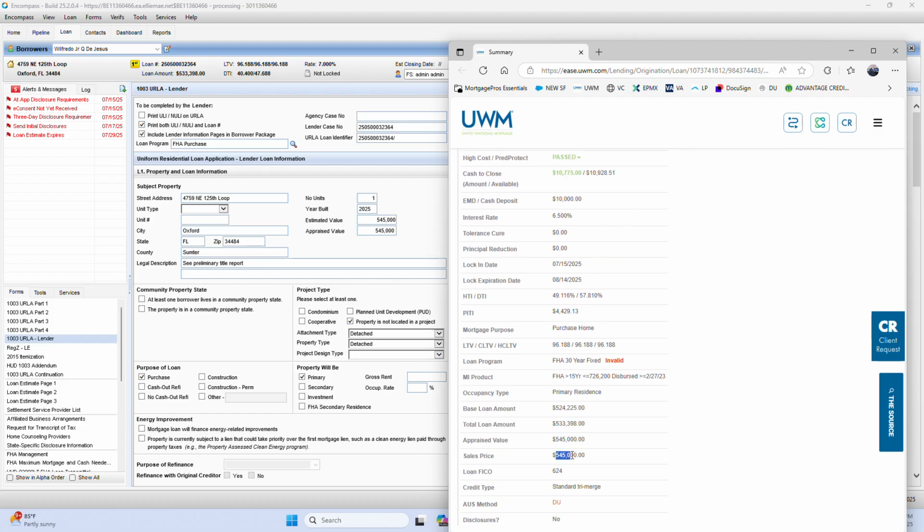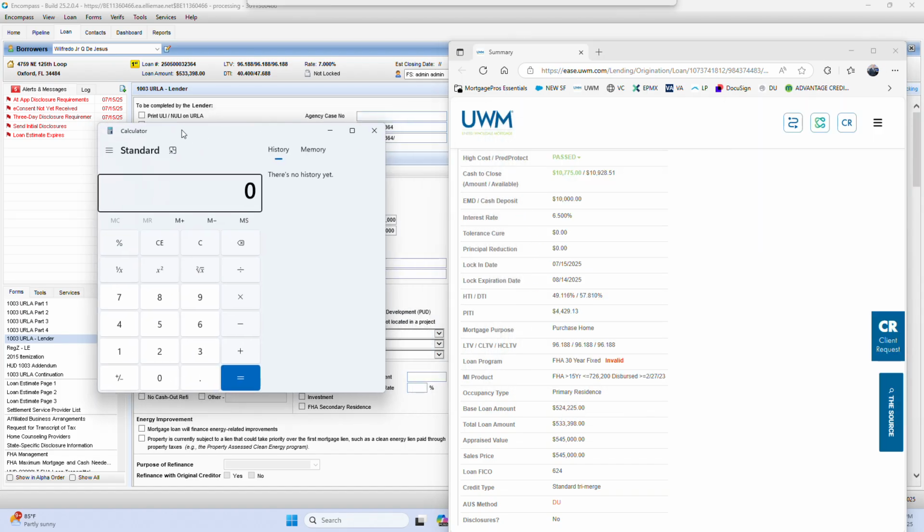Let's see, it is, okay, and then loan amount. Obviously, we're going off base, we changed base, but it's going to be easy for us to see here. This is total, that matches total up here, so we're not going to have to make any changes. However, if this was a VC or an EPM file and it wasn't as easy to get that base loan amount, all you would have to do, if you're given the total loan amount,